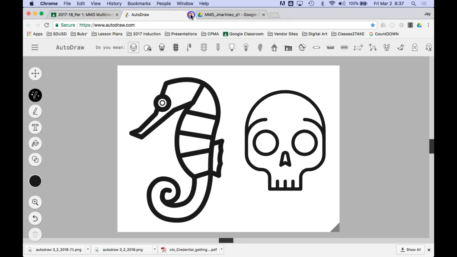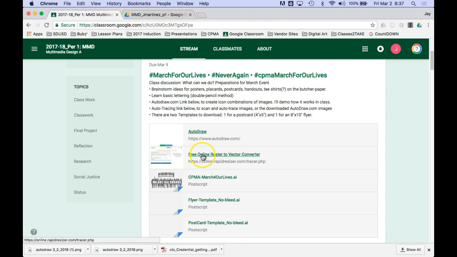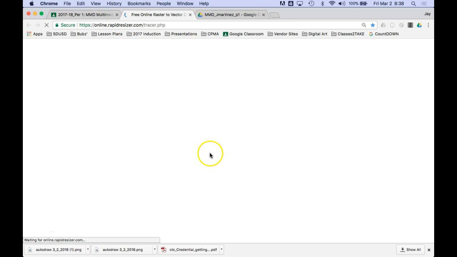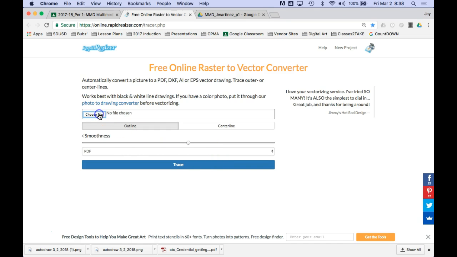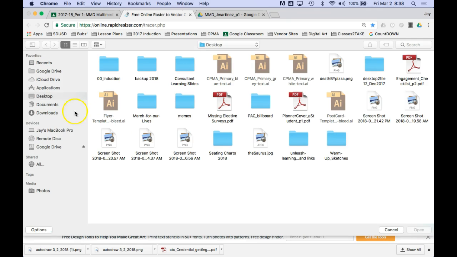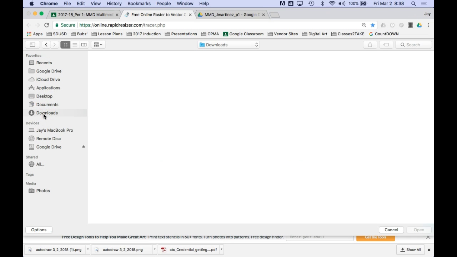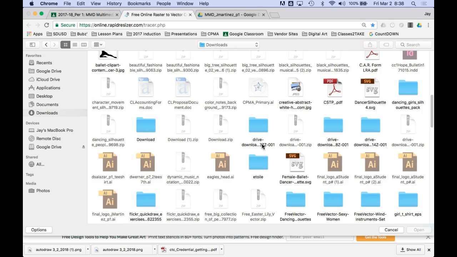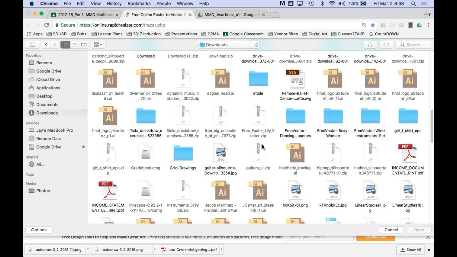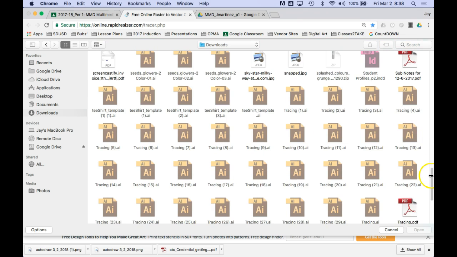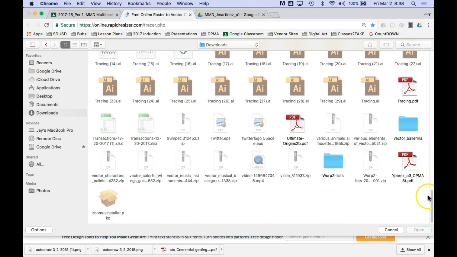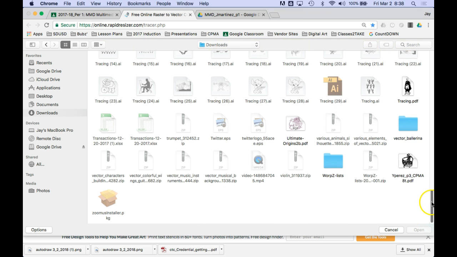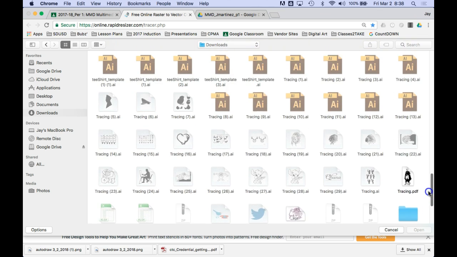So I'm going to go close this now, go back here and go to the vectorization application that we have used before. I'm going to choose a file from the downloads folder. And it's probably one of the last ones. Looks like I've got a lot of stuff in my downloads folder. If you can't locate it because you have too much stuff on your computer, which you shouldn't because we've been deleting stuff as we go,